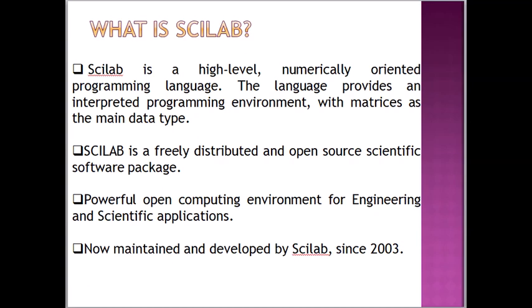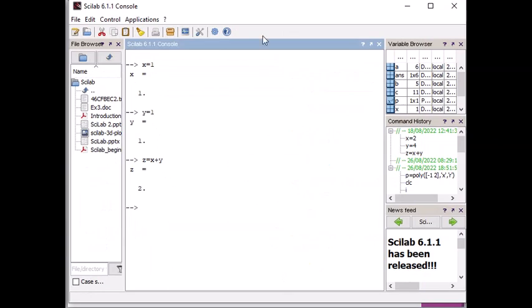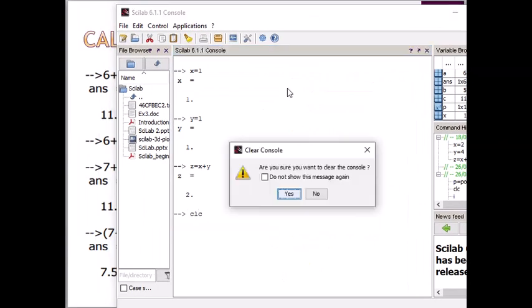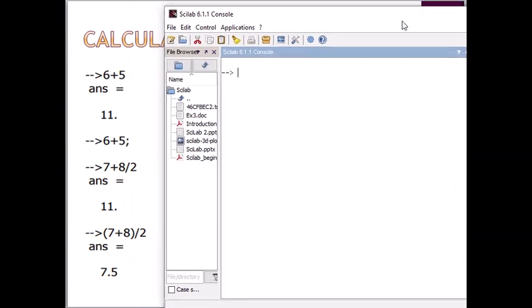Scilab is also treated as a calculator, so we should know about some functions. If we need to add some values, like a calculator, if we add 6 plus 5 then we get the output 11.